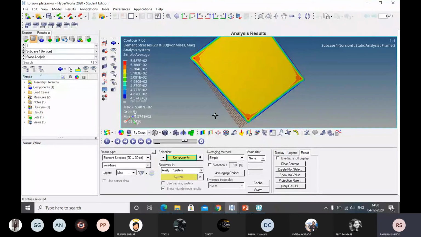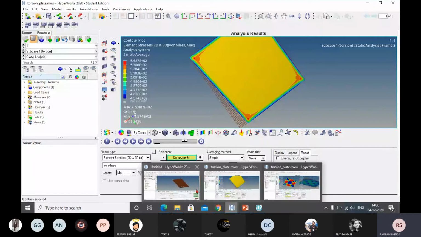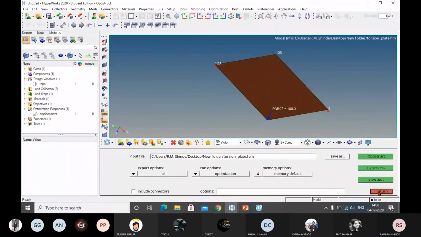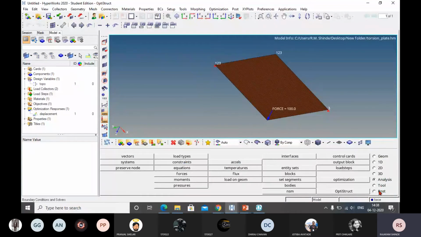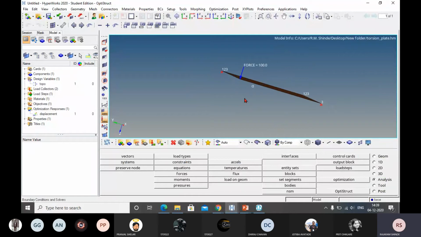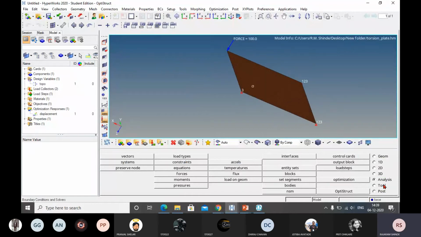Okay, now next one, I will go to making the geometry manufacturable, or I will optimize the component so that it will be good for manufacturing, or which can be manufactured with less effort. Now for that purpose, you have to set some parameters.